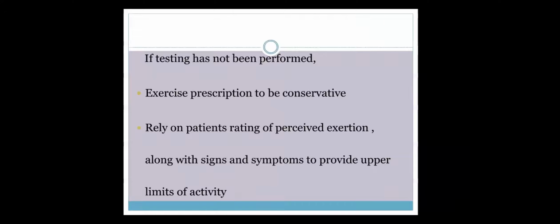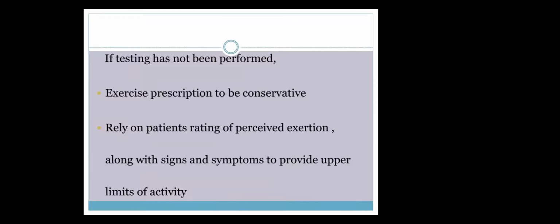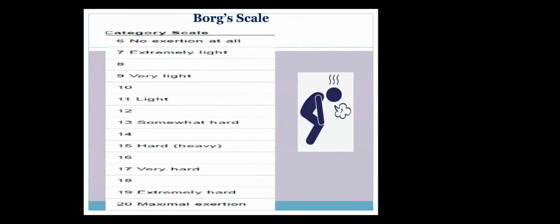In case testing has not been performed at all, then the exercise prescription, the intensity prescription, will have to be more conservative. So you can rely on the patient's rating of perceived exertion along with signs and symptoms to provide some upper limits for your activity. You can use the Borg scale, modified or the original, for exercise prescription. But the 6 to 20 scale is a better way than 0 to 10, because specific categories like 6 or 13 or 14 and so on will roughly correspond to the heart rate